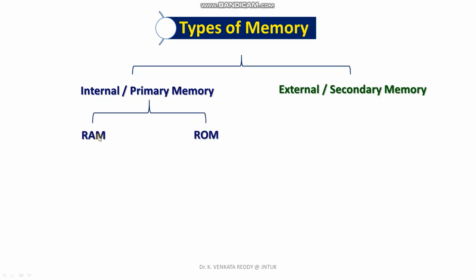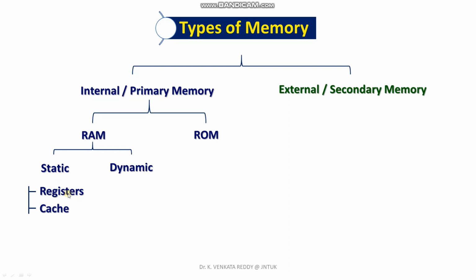Internal memories can be the random access memories, RAMs, or read-only memories, ROMs. Depending on the type of construction, RAMs can be classified as static memories or dynamic memories. The static memories are the fastest memories. They are used as registers or cache memories. The registers are temporary storage locations inside the microprocessor chip. They are basically made up of high-speed static random access memories.